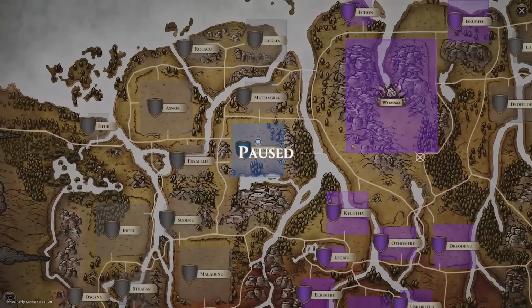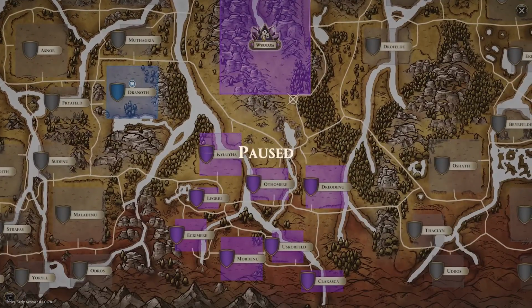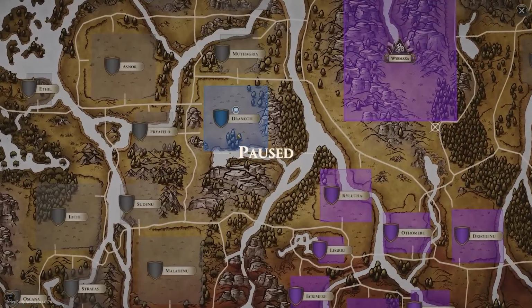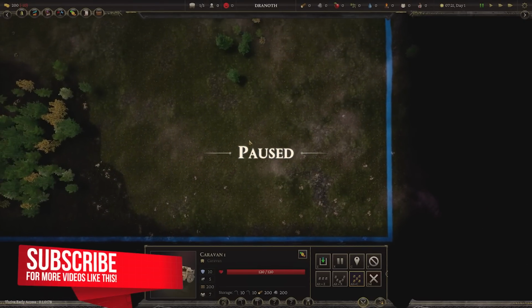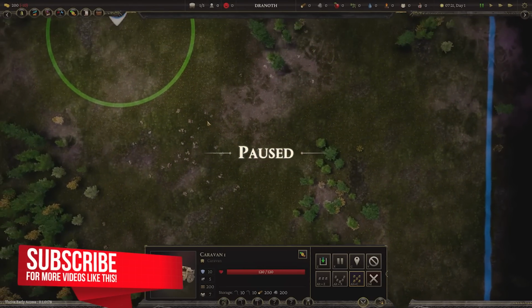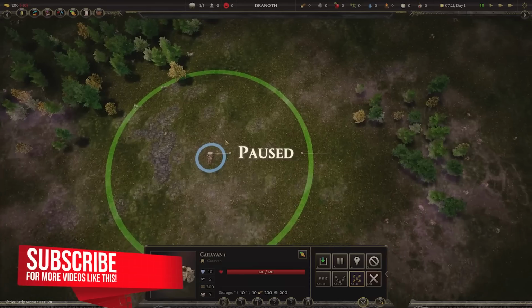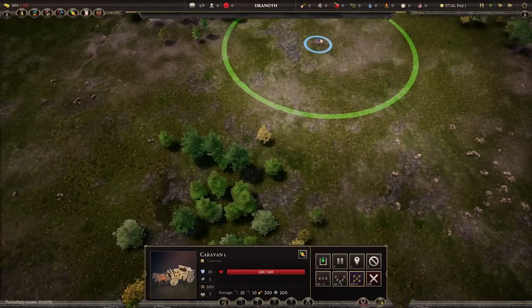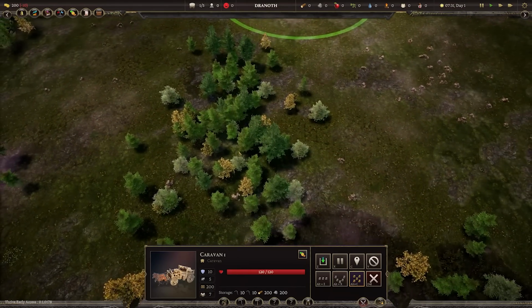You can see as I zoom out here, we do get to interact in the map. Looks like there's already some established kingdom over there, but we've got our own little operation which we're going to be keeping an eye on. Anyway, for now, we need to get set up. We need to get established. Now we can move this caravan around a little bit, and that's probably what we're going to do. Probably going to move it to somewhere like